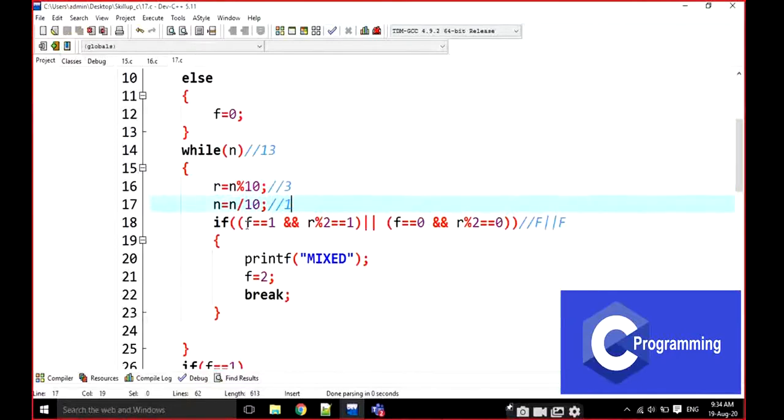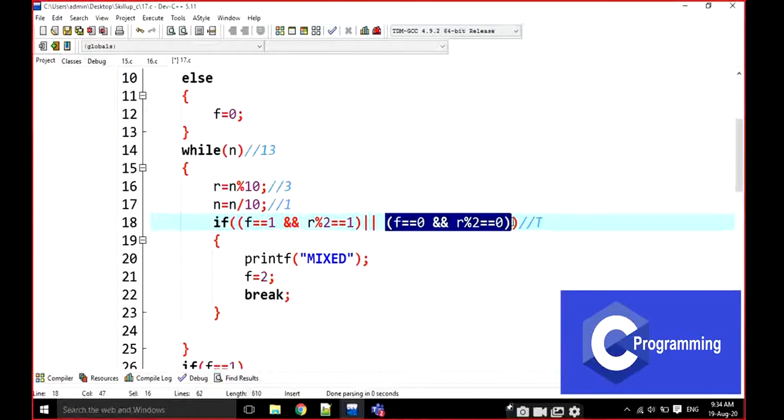Now we are going to check, is f equal to 1? Yes, no doubt about that. And is 3 mod 2 equal to 1? Yes, the remainder is 1. Then it becomes true here. This is a logical OR, right? If one statement is true, then the control never reaches the second one. I already discussed this in the previous classes. If one statement is true, then the total statement is true in a logical OR. That's why it is going to be a true one.